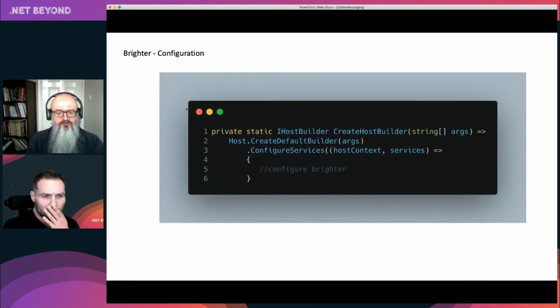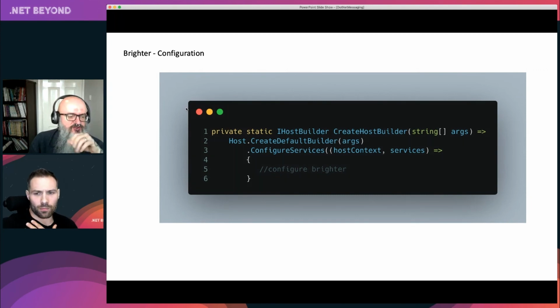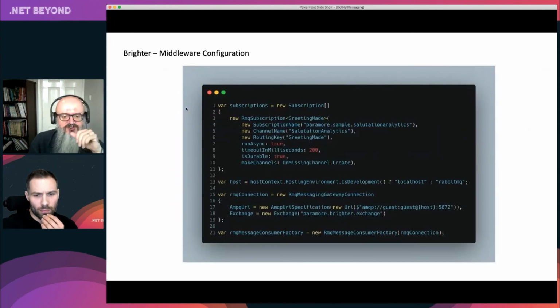So what we'll show you a little bit, not to worry too much because it's quite specific. Just get the general impression as what's important. Generally, in most messaging frameworks, you've got some extension methods in .NET land for host builder where you can add stuff. Here you can see us setting up a subscription for RabbitMQ.